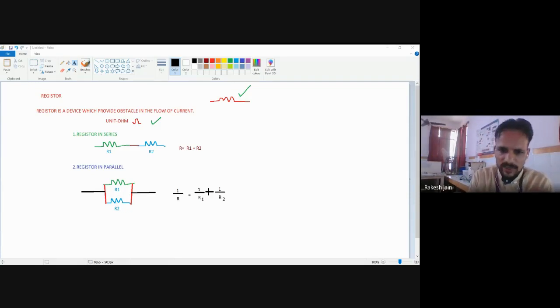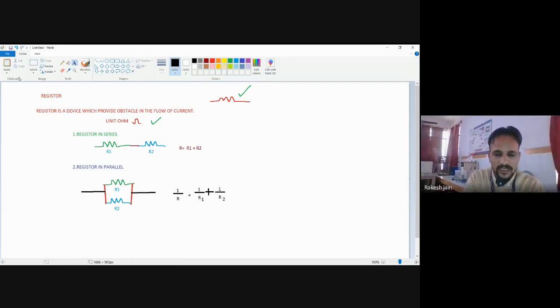First of all, keep in mind from the learning you have seen till now: whenever resistances are in series, how to see that these resistances are in series or not, and how to find the answer. The second thing you learned is, whenever resistances are in parallel, how to check that they are in parallel. That is very simple. If both the terminals, all the terminals, are connected with each other, then that is known as resistance in parallel. Okay, and what is the formula?